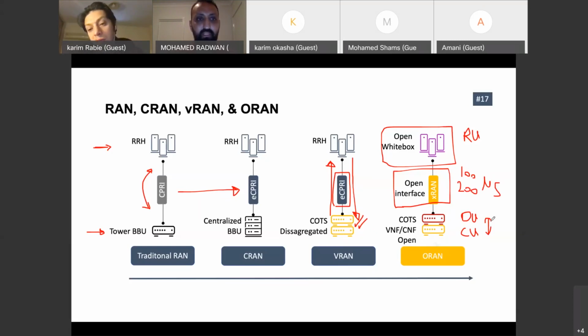The other question, about interoperability, I totally agree. But the good thing is that open initiatives like the ORAN Alliance and the TIP project try to build the ecosystem. So eventually they will be able to give you some sort of stack certified and verified with each other, like this component is certified to work with this component. Maybe it's not strictly like that, but let me give you one example.